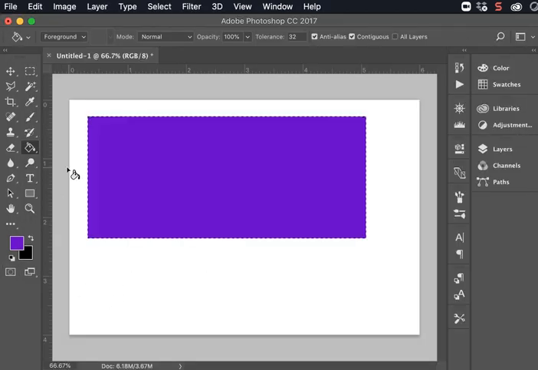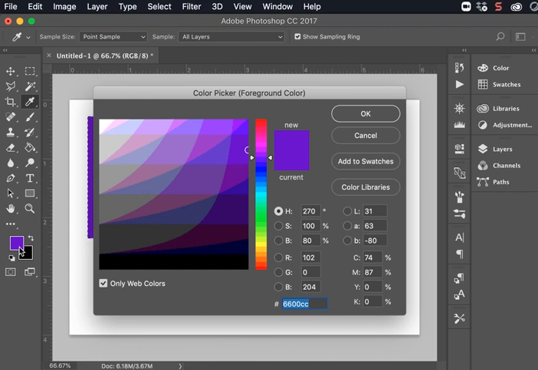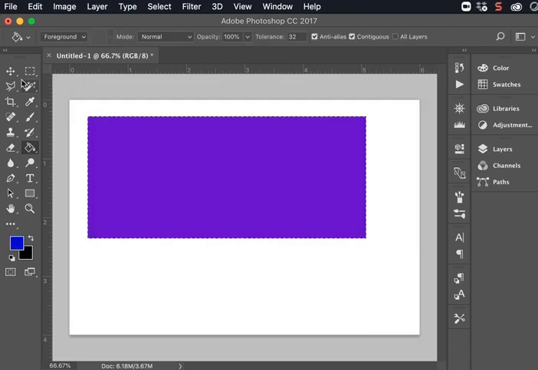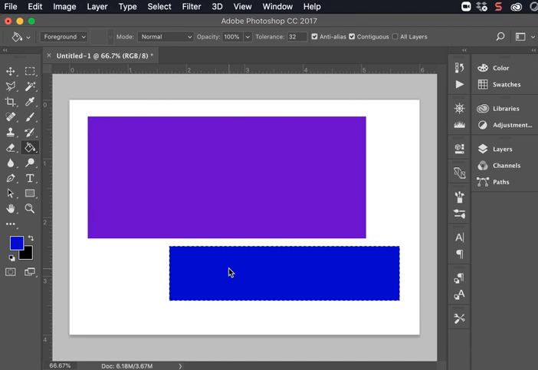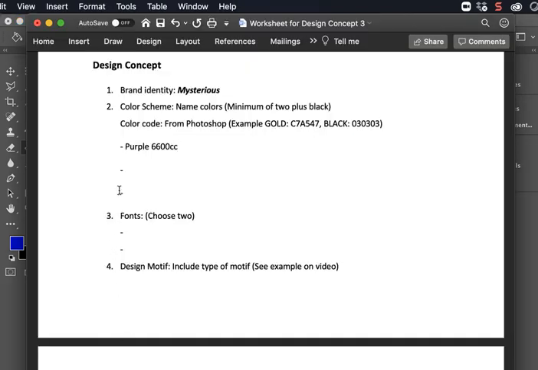Okay, we're going to go back to the color picker here, and a blue is what I'm thinking would work quite well to go along with that. But as you're going through, scroll through a lot of the colors and use the slider here to go up and down through a spectrum. But I'm going to pick this, and the code here again, 0000cc, and I'm going to do a new box here, and paint bucket tool again to fill it in with the blue. Back to the worksheet. My blue